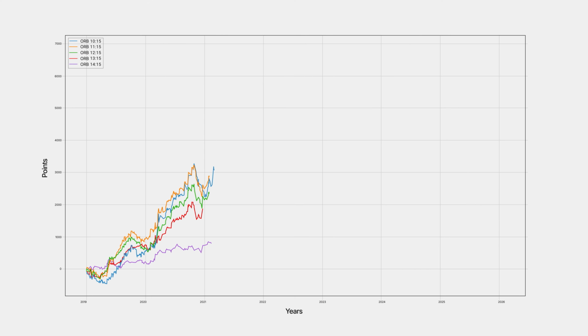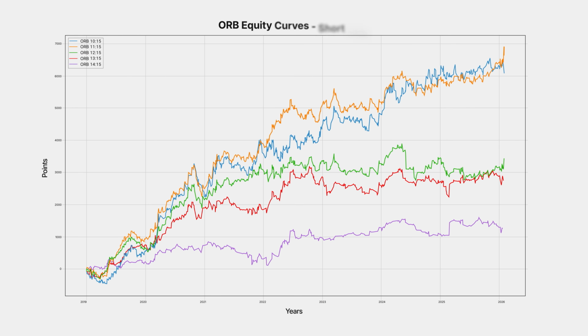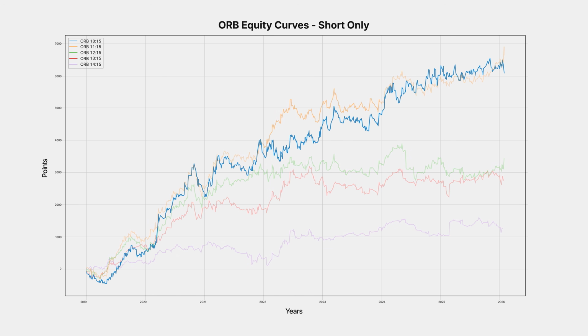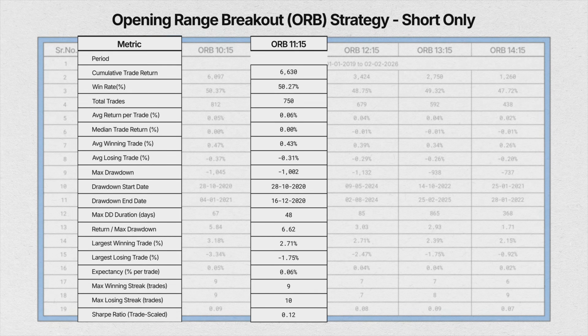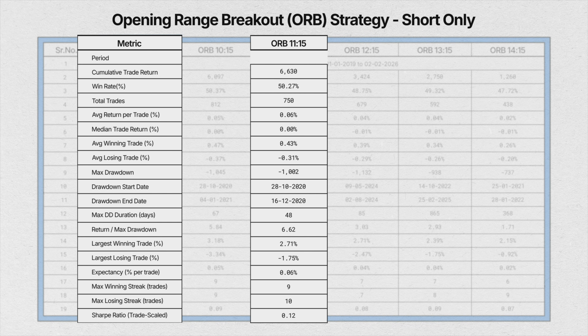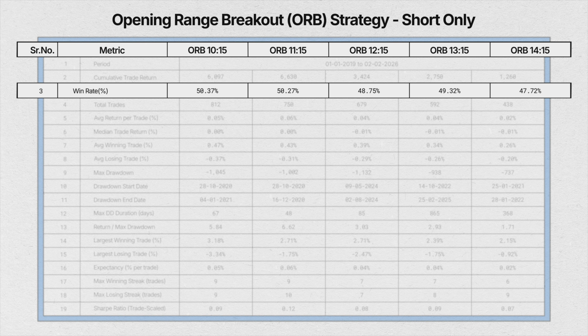Now let's move to the short side and see what's cooking over there. What you're seeing on the screen is the equity curve for the short side trades only. Notice that compared to the long side, the 10:15 and the 11:15 equity curves track each other very closely, except for a divergence during the period between 2022 and 2024. Now, if you look at the performance table alongside it, the 11:15 window clearly outperforms across most parameters for the short trades. At the same time, the win rates for shorts hover around 50% mark, which is noticeably lower than the roughly 60% win rate observed on the long